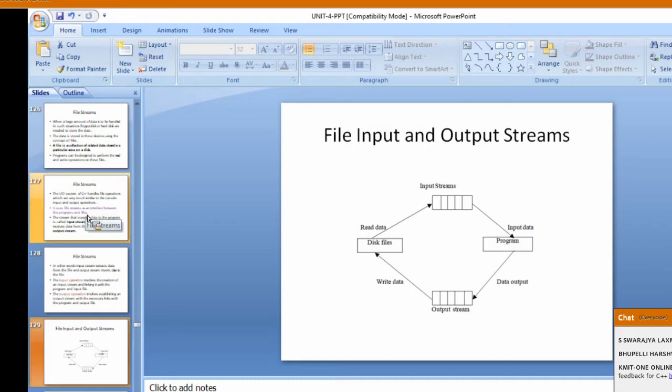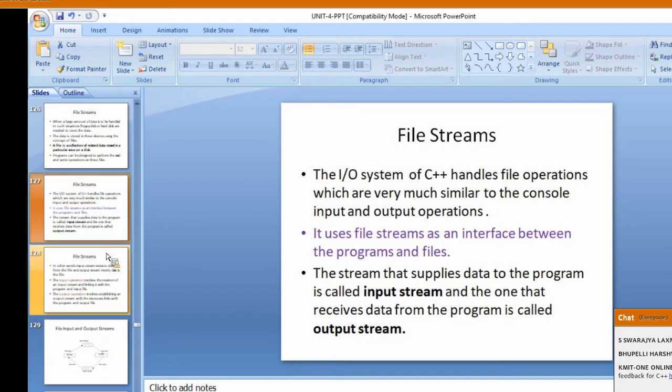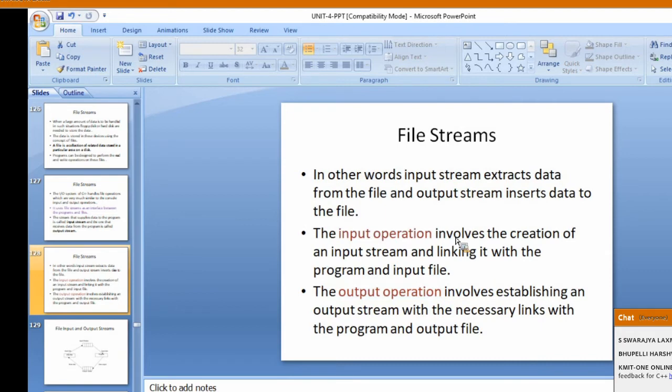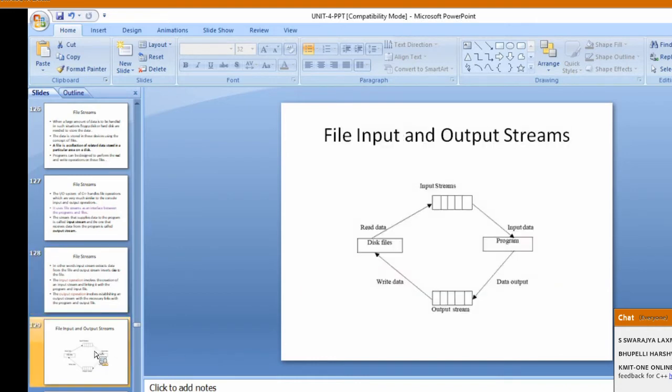Then we have file input and file output stream. Input stream involves the creation of an input stream and linking it with the program and the input file. We supply an input stream object and link it with the program for the input data.